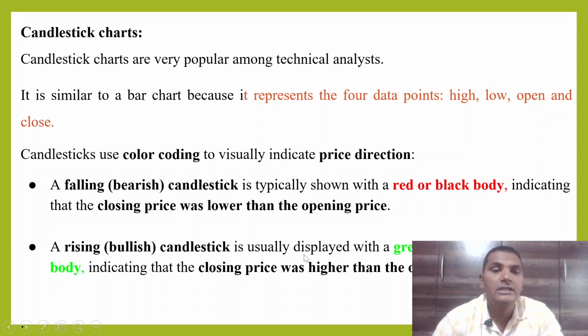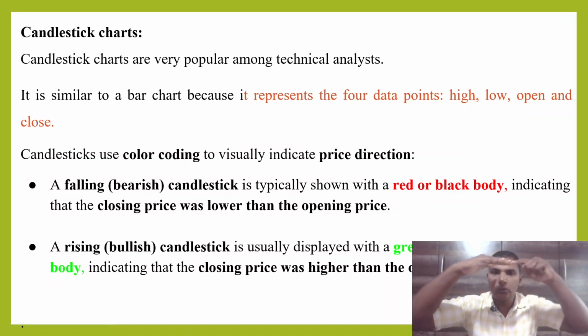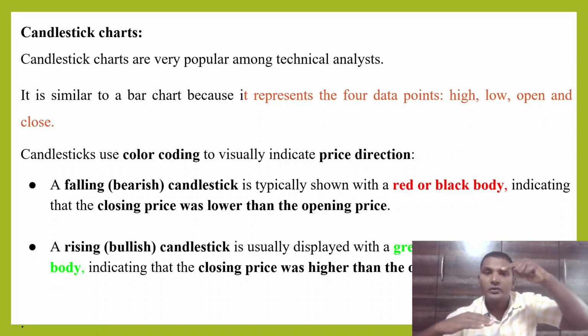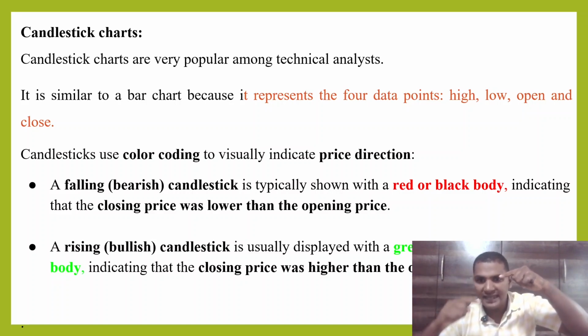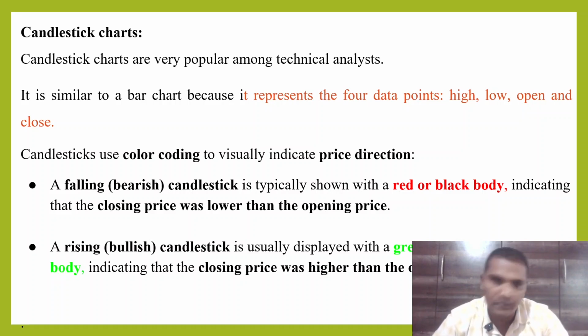Okay, so the falling candlestick is typically shown by the red color and the rising candlestick generally displayed with the green color, white color or the transparent body। Okay, so generally in the bearish candle what happened, the price open at high and the close at low। Okay, suppose the price open at 100 and close at 60 rupees, it means the price is declining here and that candle is presented with the red color।